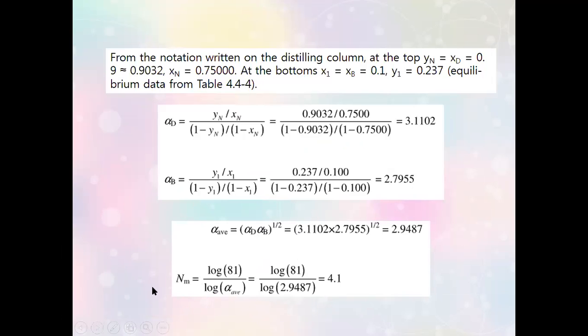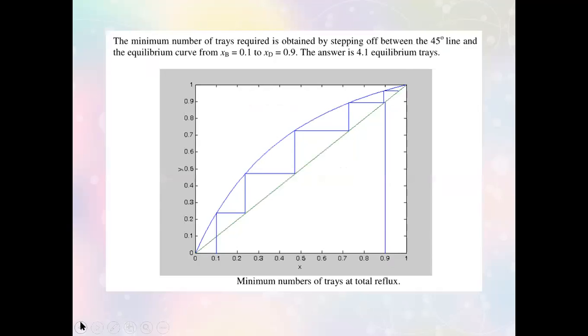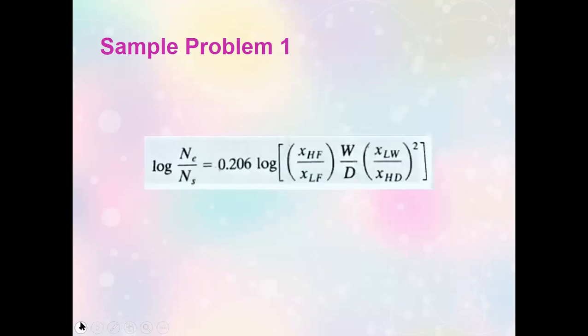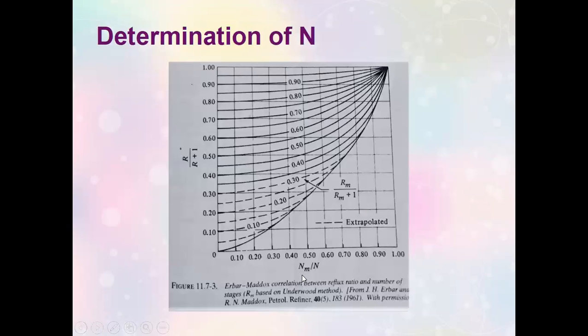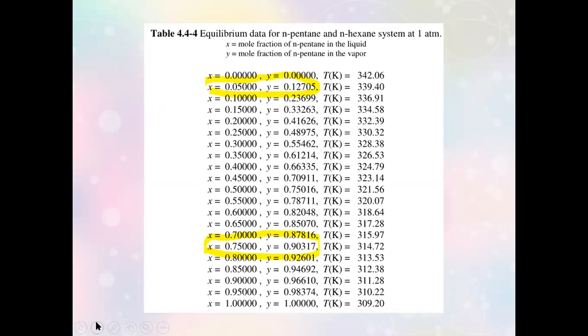number of stages. So if you have the minimum number of stages, I'd like to go back to that part here. If you are to determine the theoretical number of stages, you have it already in here. The next thing is the R sub M. So where will you get the R sub M? That will be illustrated in part B of this problem.